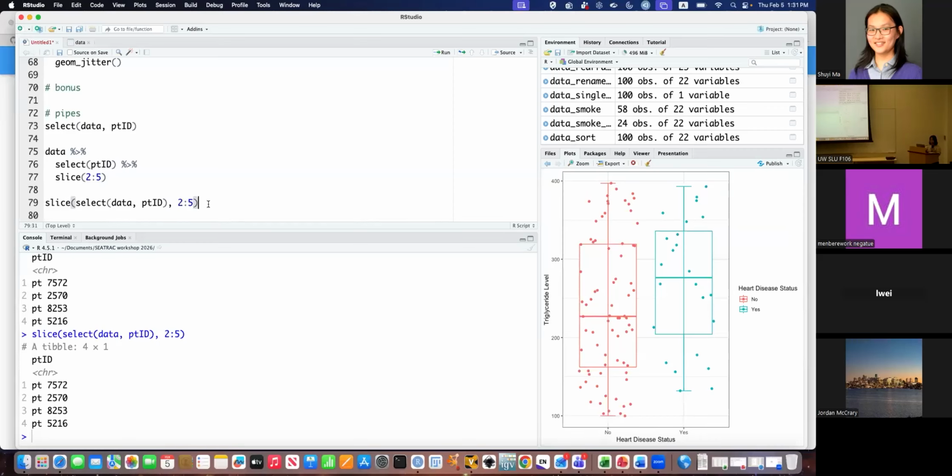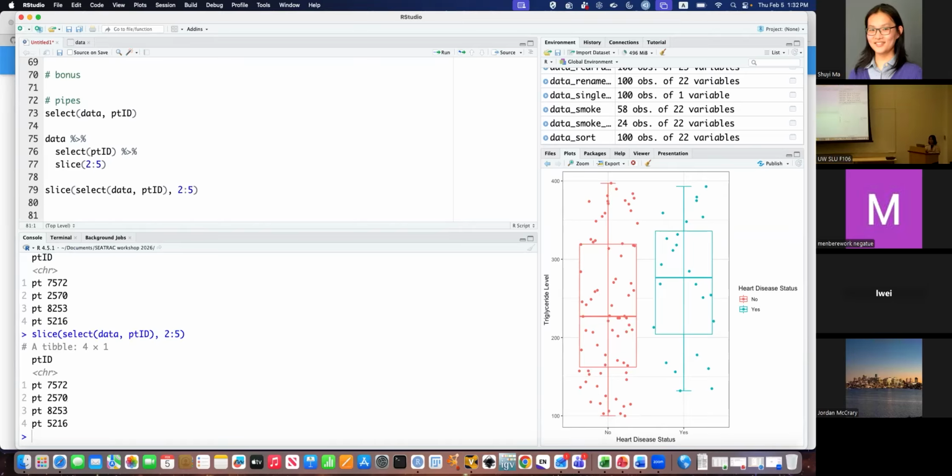I'm hoping from these only 2 operations, you can get the point of why it's preferred to use this pipes operation when you have multiple nested operations. Yeah, it's a lot easier to understand from this pipes operation, actually. You can attach as many operations as you want using this pipe format. So for instance, if